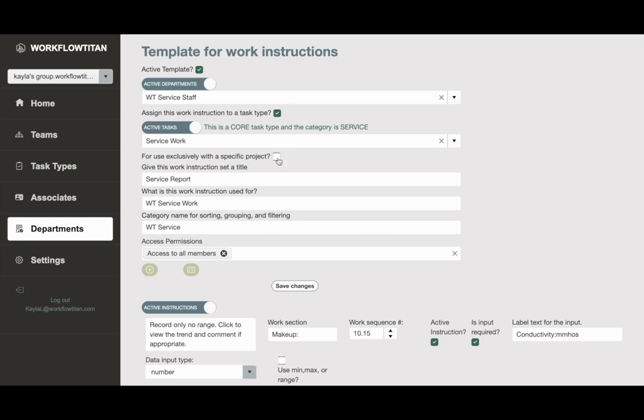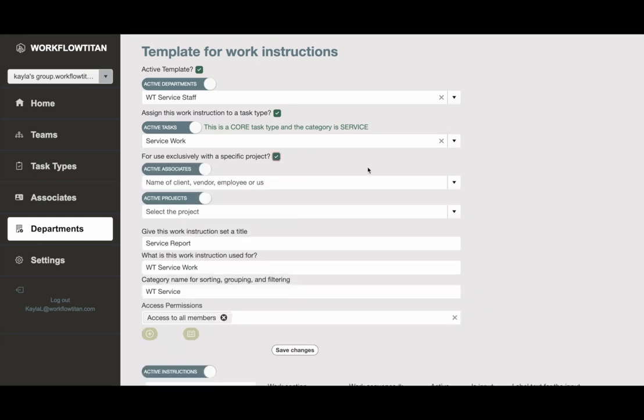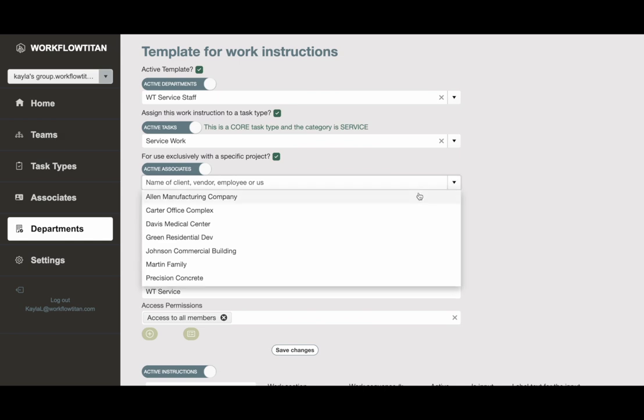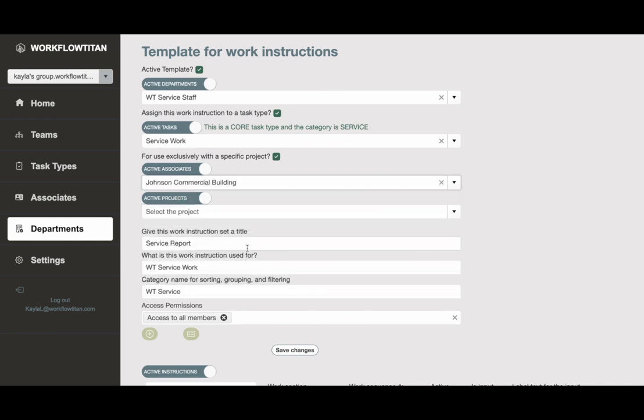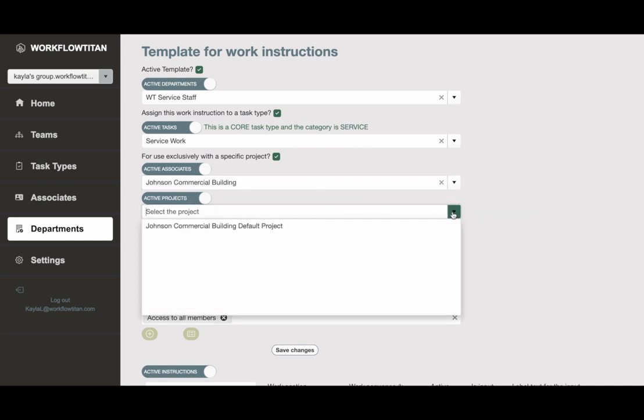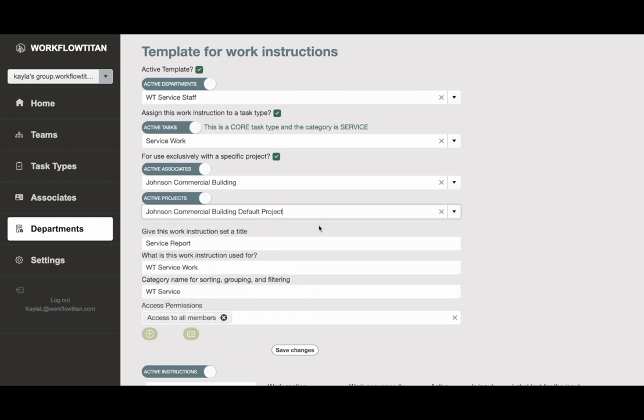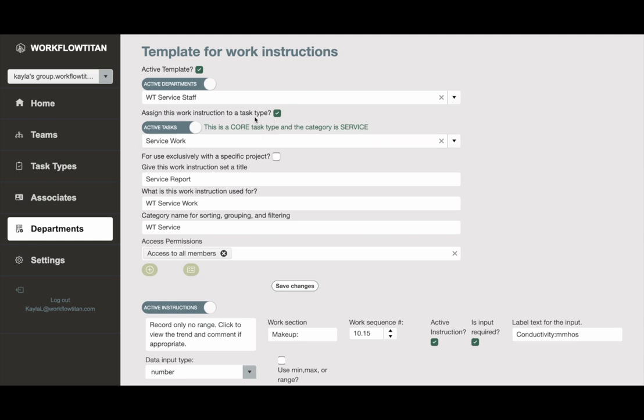You can also assign this work instruction set to a project. Unless your measurements are for the same inputs across projects, in a typical service work application, you will likely have a work instruction template for each managed project so that the measured values are specific to each project requirement. When doing the fulfillment, the results will then be specific to each project location. But for the purposes of this video, I'm just going to assign it to a task type,